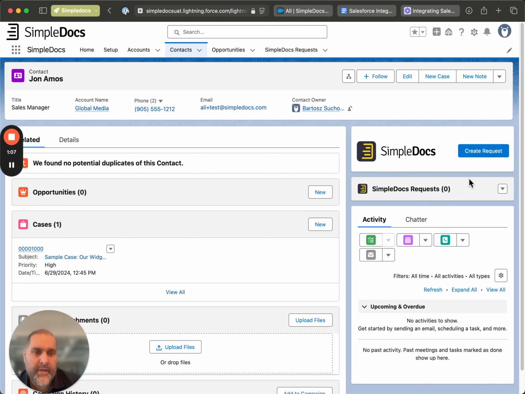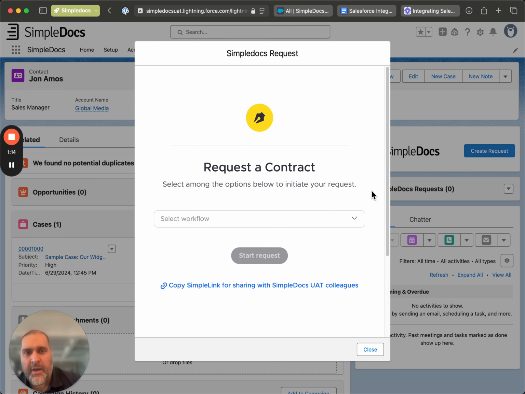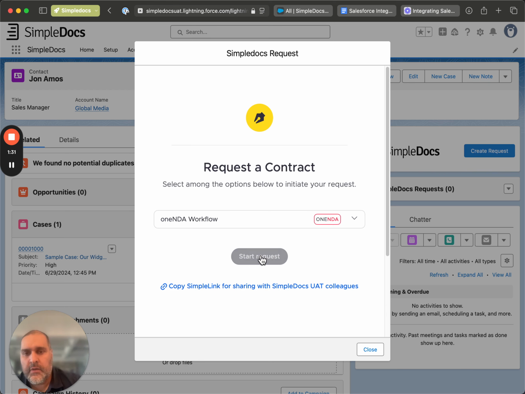So let's actually go ahead and create a contract. Click the create request button, the integration shows a pop-up, and then you will see that based on my authorization level, I will only see the workflows that I can initiate. In this particular case, within the SimpleDocs platform, I have been given access to the OneNDA workflow. I will go ahead and click that. Click Start Request,